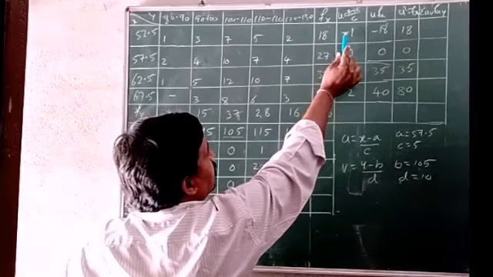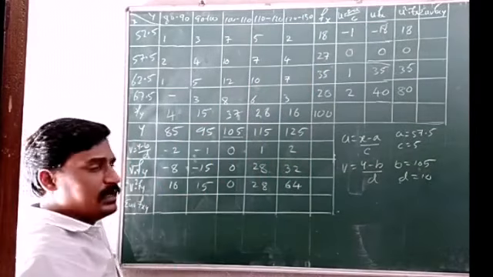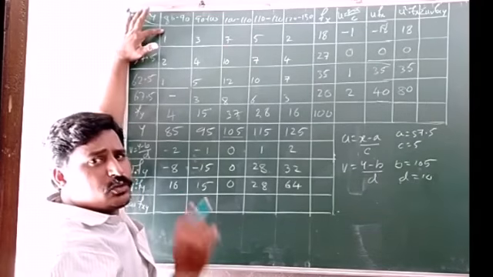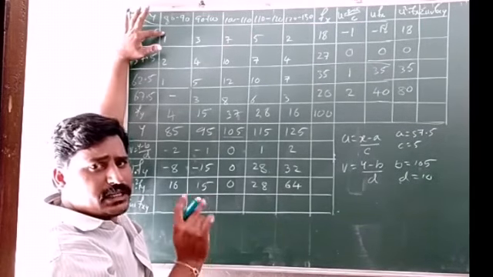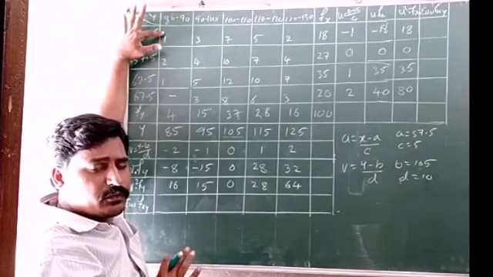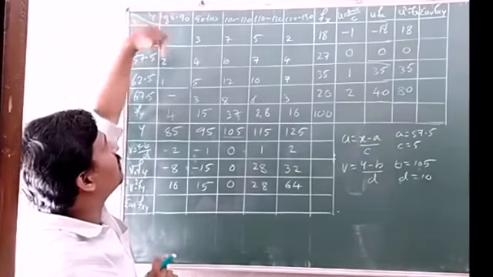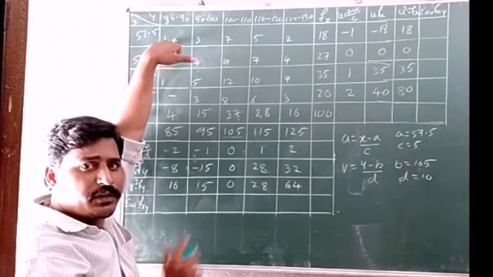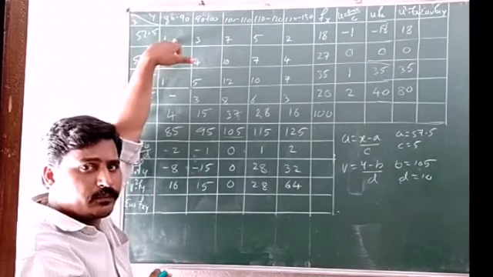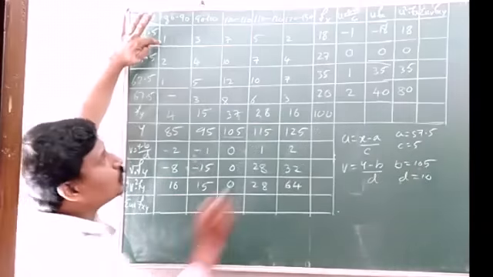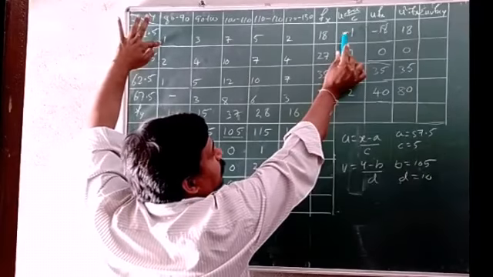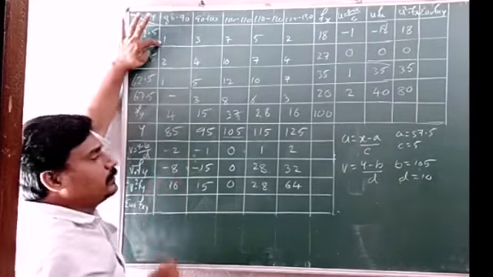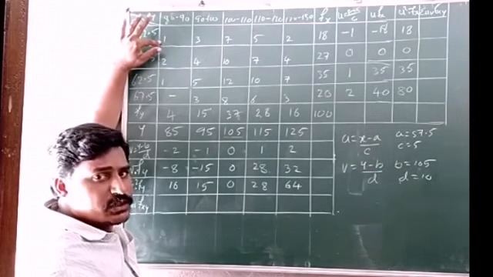Now, first come to first row and first column here with this frequency. So just go to the frequency in whichever cell there is a frequency. Go to that frequency first. So in first row, first column, we have a frequency 1. Multiply that frequency with both U and V. So 1 into U. So U is minus 1 here. Minus 1 into 1. Minus 1 into 1 is how much?